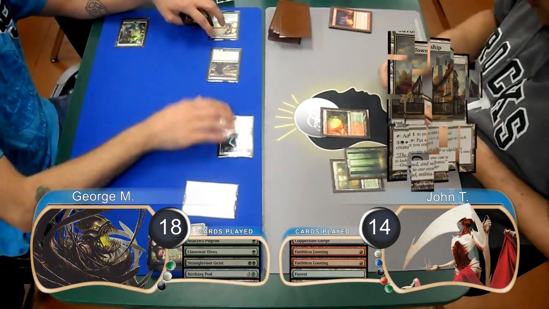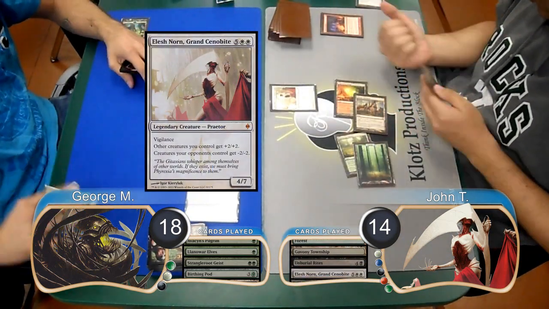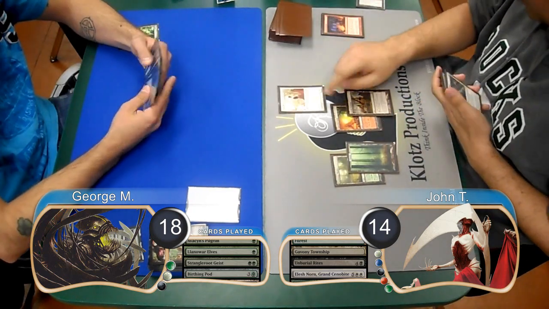John then laid down a Gavony Township and flashed back his Unburial Rites from his graveyard to return his Elvish Norn Grand Cenobite from the graveyard to play. When it came into play, it wiped out George's board, leaving him with just 1 Forest. George didn't draw any more land on his next turn, so just passed, and then John attacked with his Norn,